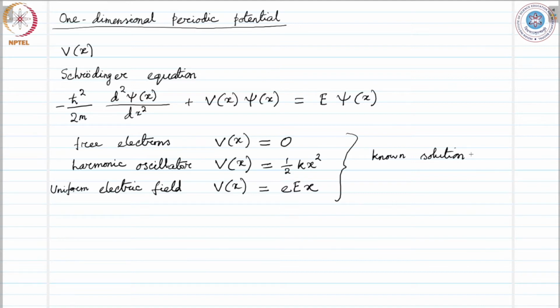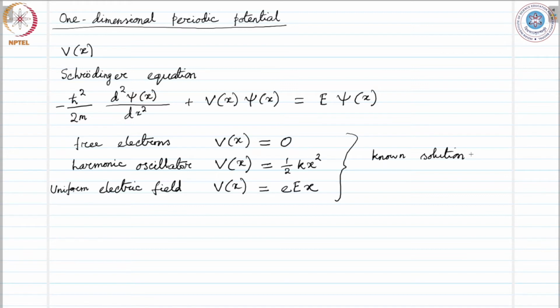But here we certainly have a potential of a different kind. We have a periodic potential. It's not very strong, but it has the periodicity of the lattice. We don't know exactly what the potential is. The potential would be different for different kinds of systems, but the exact potential we are not interested in at this stage. We are interested in what we can qualitatively understand even without knowing the exact form of the potential, but knowing the fact that the potential is periodic with the periodicity of the lattice.